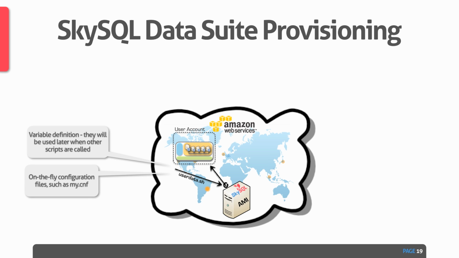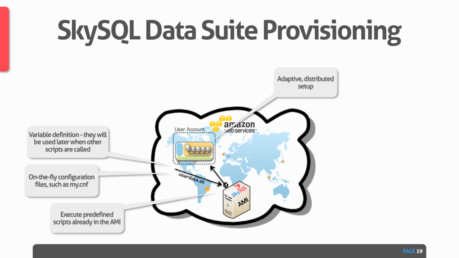That means that the my.cnf is automatically created. There are some other files that are configured on the fly, and the scripts that are executed to properly set the AMI. Once the AMI is called, and many instances have been up to 4, as we said,